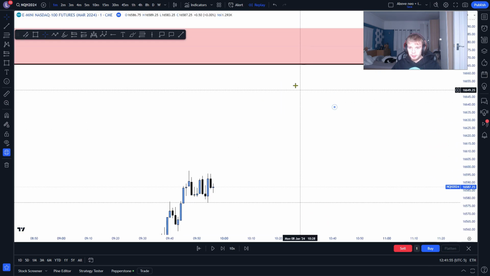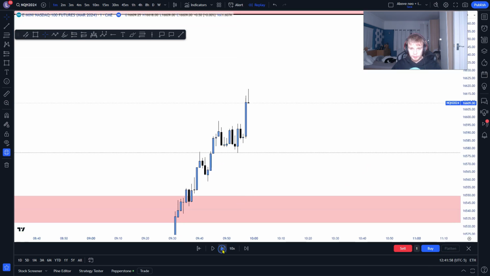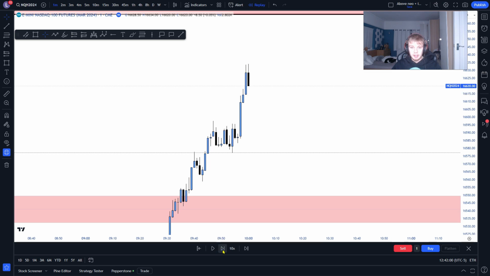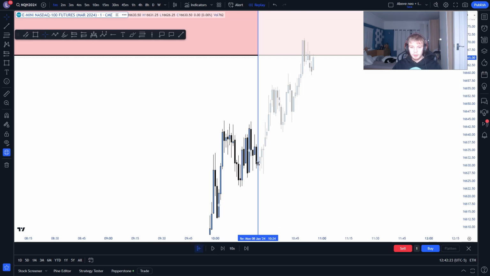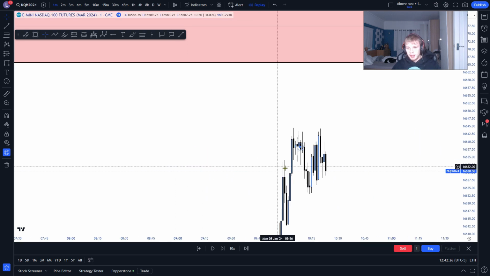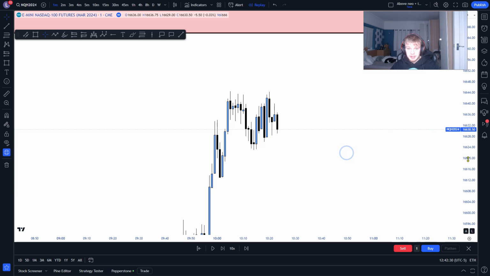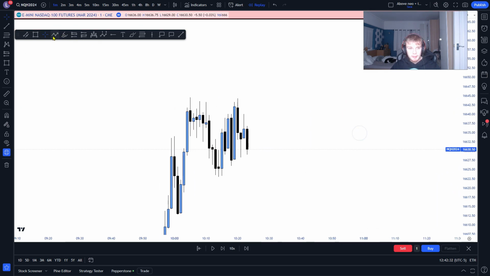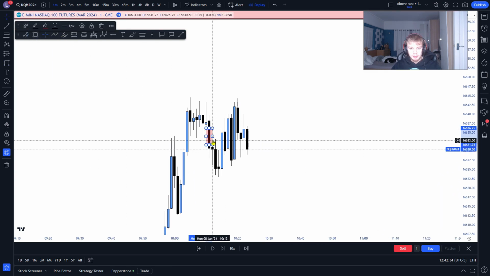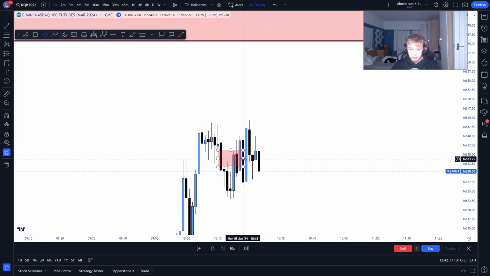So on the 1 minute time frame, there is a draw on liquidity. So if we play price action out right here, as you can see, we're just pumping up and up and up. There's literally no real reason to enter into any trades yet. As you can see, we have this one inversion model play, but the reason why we did not take this inversion model play